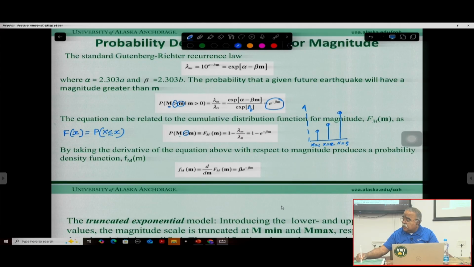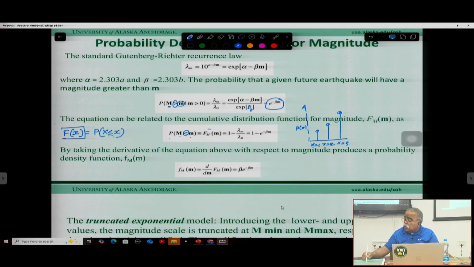Okay, so these are the probability values for P1, P2, P3. If you add all the values up to 3, the sum will always be less than or equal to 3. That's the definition of cumulative probability. This is the probability of M less than or equal to m. Please remember this is less than or equal to m. So that will be equal to the cumulative values. So that is your